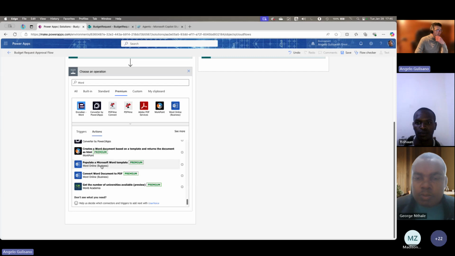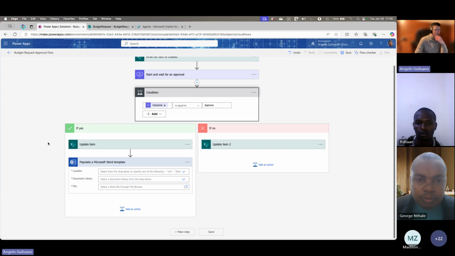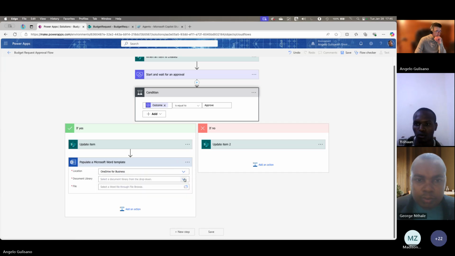Okay, populate a Microsoft Word template. So I have a Word template in my OneDrive for Business repository.